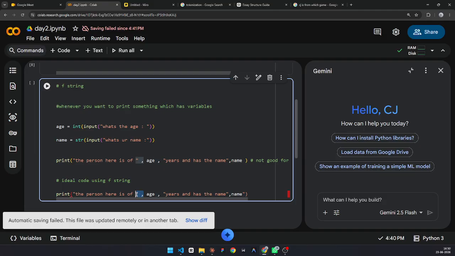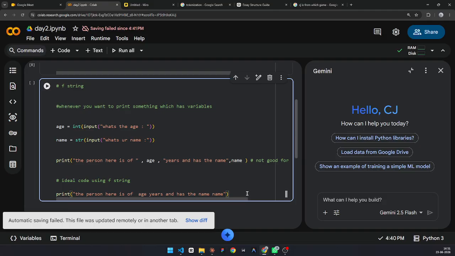Let me just cut off these unwanted symbols. Not unwanted actually, like cluttered symbols. Now, what if I could print the entire thing, which includes these variables also, in a single statement without using any commas? Do you think it is good?